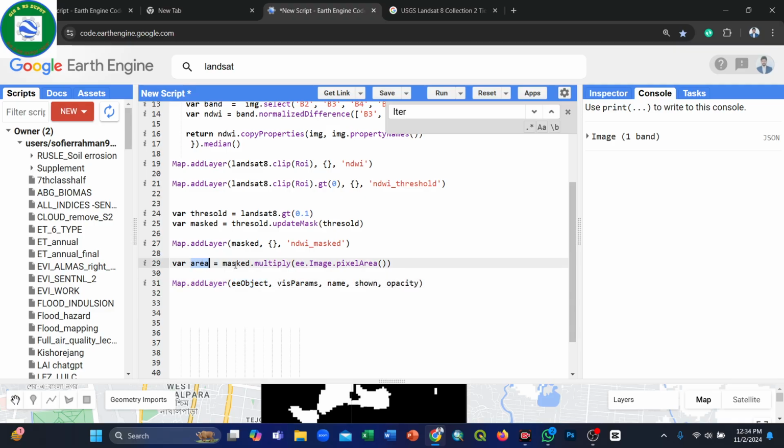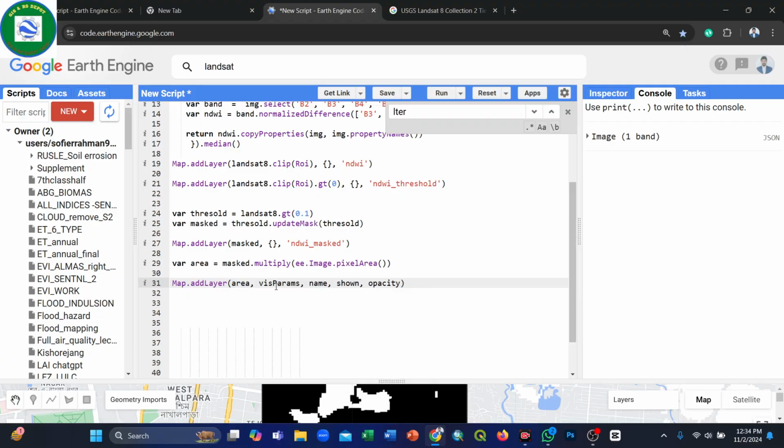That means we also mask the area, we use here the image.pixelArea function. This function automatically calculates this masked area as square meters. So we simply copy this variable name area and paste here, and also clip to our study area with the clip function, clip ROI, that means region of interest, as I already said, and also